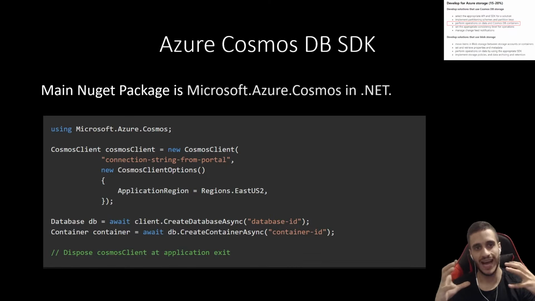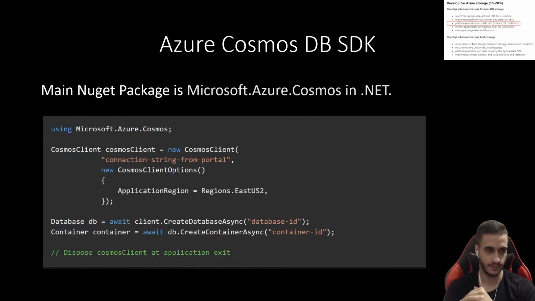Next, let's talk about how you interact with Azure Cosmos DB in your own applications, because in the real world, you will barely create those containers or items using the Azure portal. You will most definitely create them in your own applications. And with that, Azure provides you with different SDKs depending on your programming language that you can leverage to interact with Azure Cosmos DB. In this case, I'm going to show how to interact with a .NET NuGet package. This is called